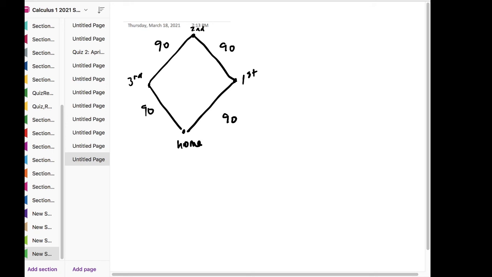So the batter hits the ball and runs towards first base at a rate of 15 feet per second, 19 feet per second. So the question is,